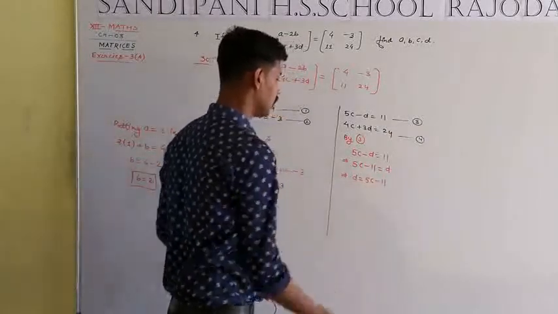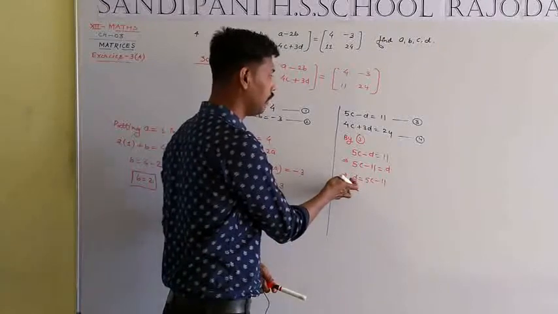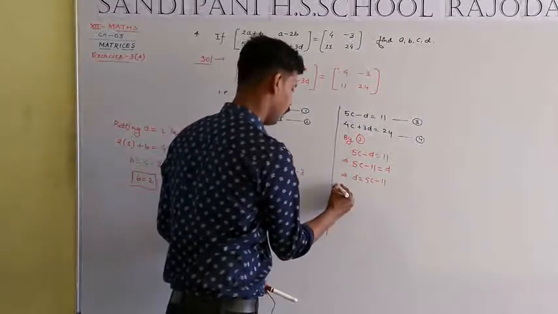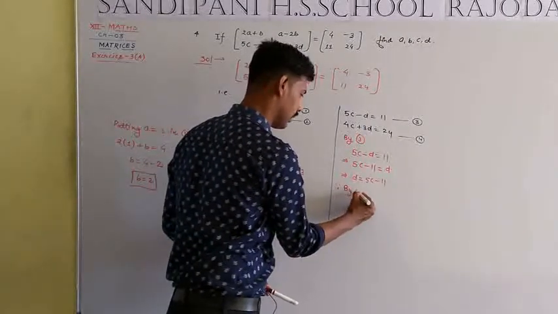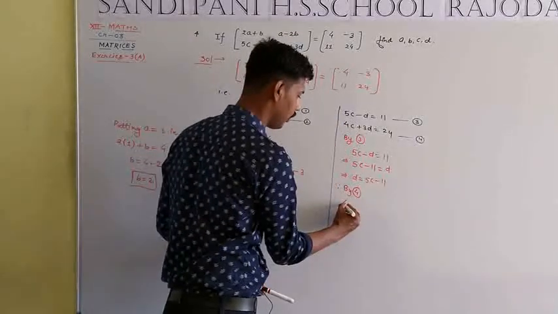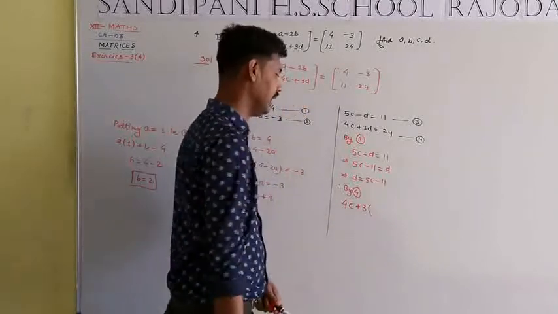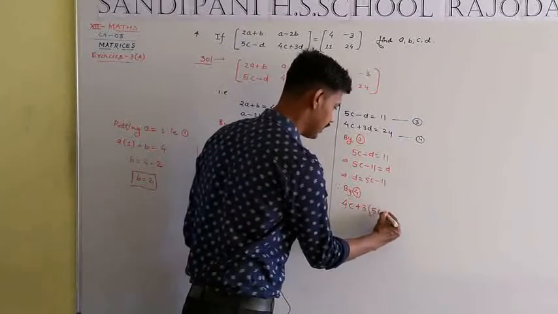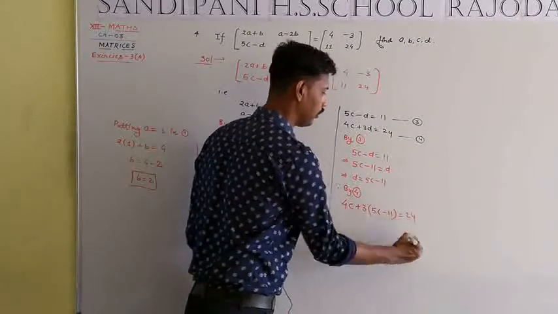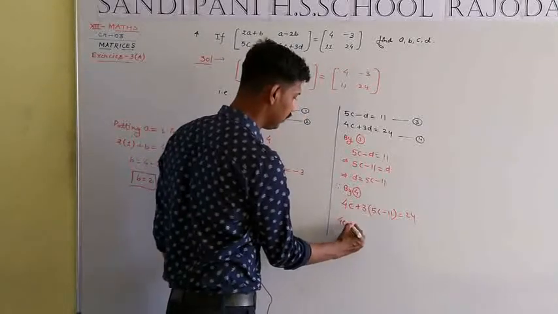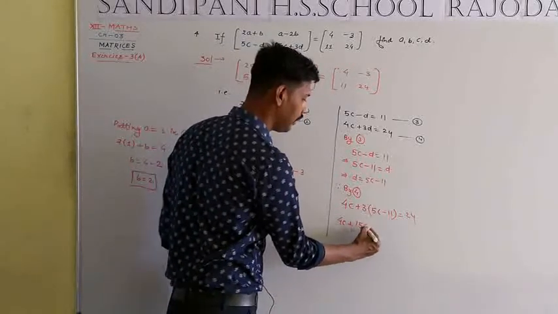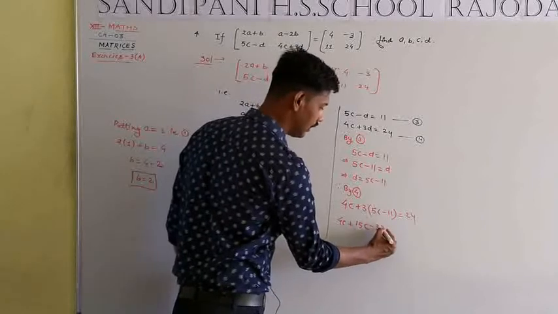Putting the value of d in equation number 4: what is the demand of 4? 4c plus 3d, d that means 5c minus 11, will be equal to 24. 4c plus 3 into 5c, 15c